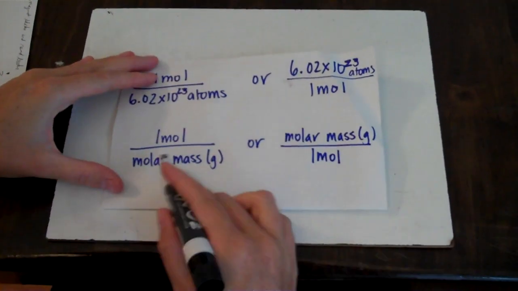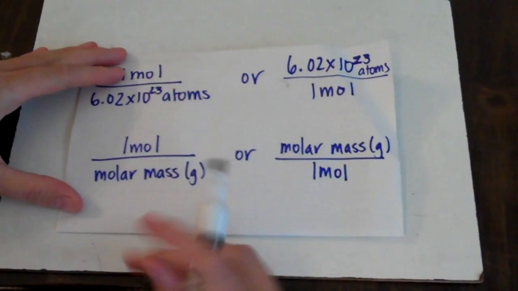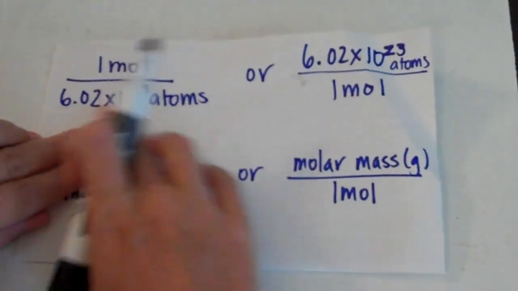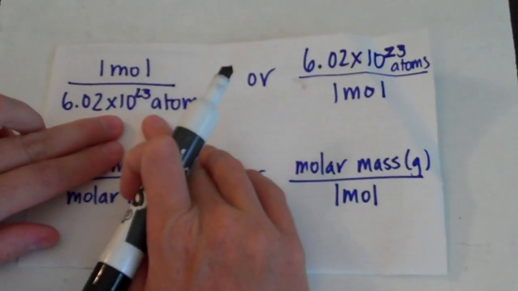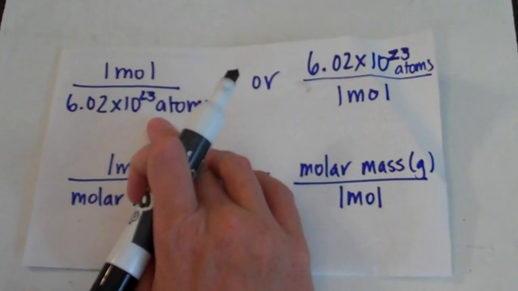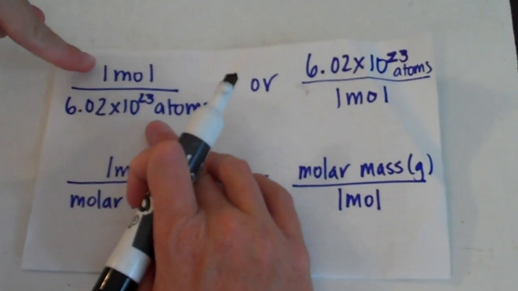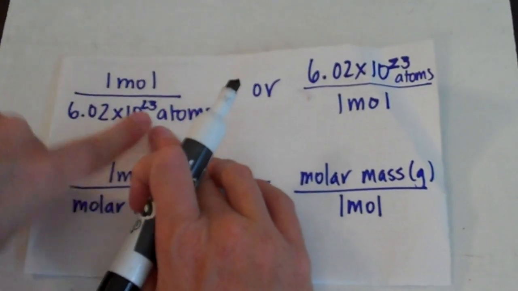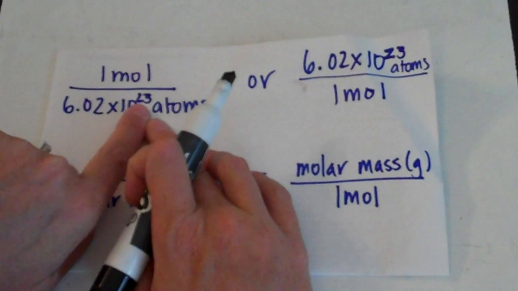We just finished using conversion factors, grams to moles. Now we're going to use this number, which is Avogadro's number. By the way, he had nothing to do with this number, Mr. Avogadro. They just named it after him. And what this says is if you have 1 mole of something, you're going to have this many atoms. And what this number is